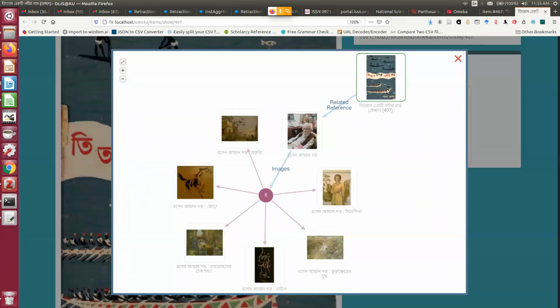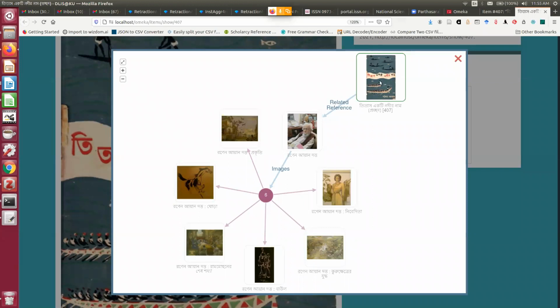Here you can see how it is related. So this page is illustrated by Ronen Nayan Datta, and my library has other cultural artifacts, particularly paintings created by Ronen Nayan Datta. And how does it help? It is not simply graphics, a kind of complex graphics. It helps your user in information seeking activity. This is called serendipity of information seeking. When you are accessing a particular object, all related objects can be joined together so that your user can navigate.